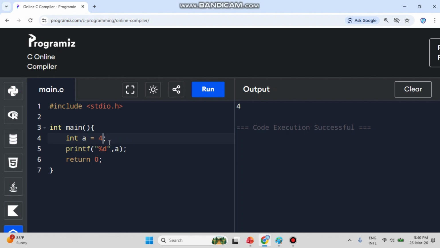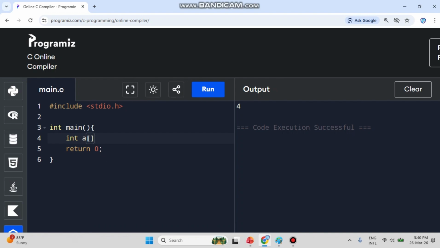Whenever you are adding multiple values, the writing way is different. We are not writing like this. Let me show you how we are writing exactly. So we need to start with int. Obviously I want to add integer numbers. Then I can use the variable name a, and then over here we